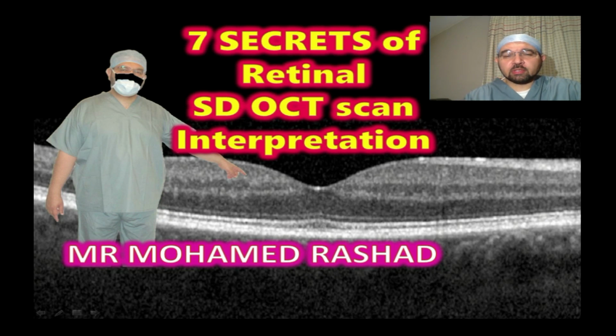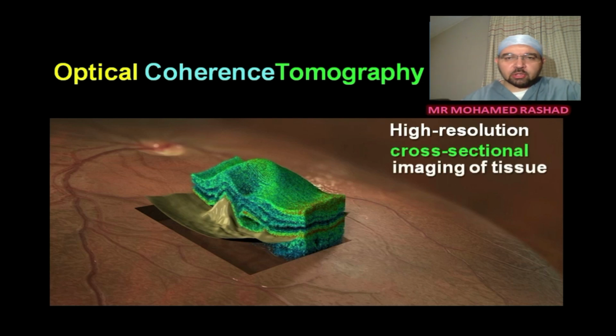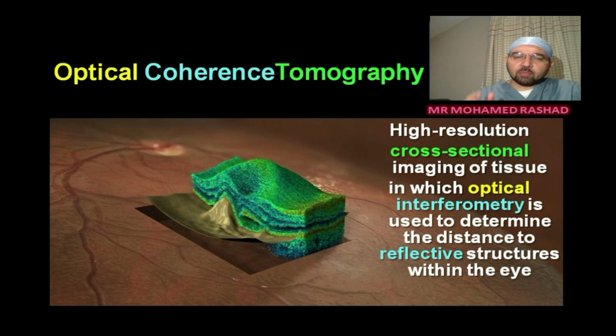In this video we are going to discuss the secrets of how to interpret the retinal spectral domain OCT scan. So first, what is the meaning of optical coherence tomography or OCT? It is high resolution cross-sectional imaging of the retina that is done by using optical light, which is laser light, and it is coherent, and then with the reflectivity of this light we can determine the distance and the structures